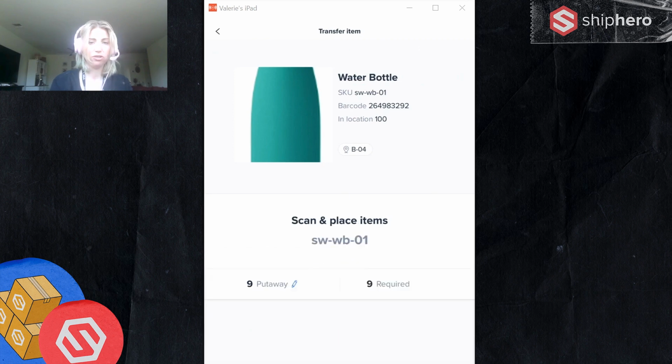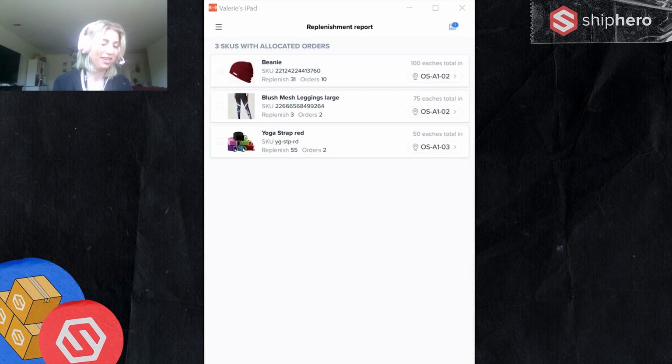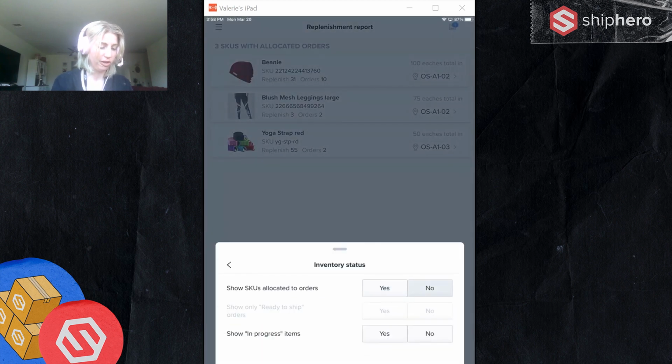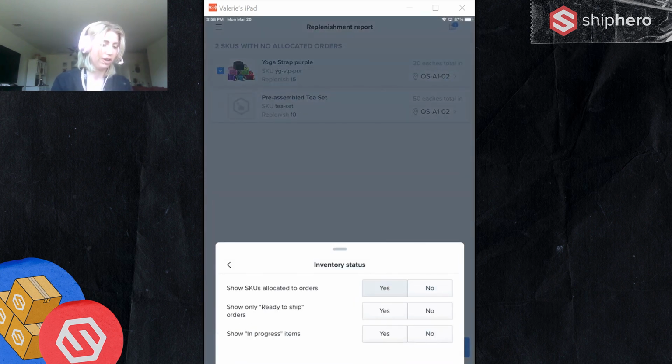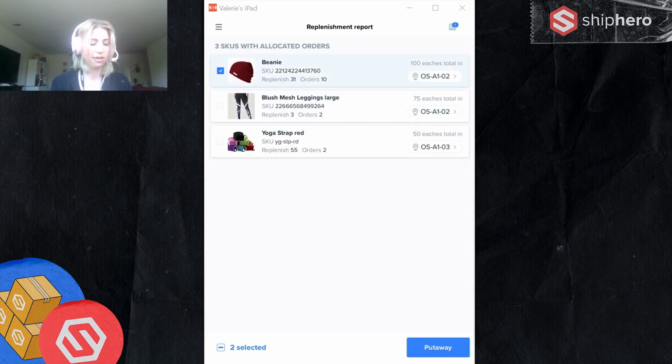And this will bring you right back to your replenishment report. You'll see that the items that we did have been removed. And these are the 3 items that I very kindly left for Dano to complete, as well as if we change our inventory status, we also have these. A thing to note, you can choose one from here and then change your filters and then choose one from each list. You're not stuck only choosing for one set of filters. As the filters are changed, you can update your replenishment list. And then when you hit the bottom here, you could see what you have chosen.